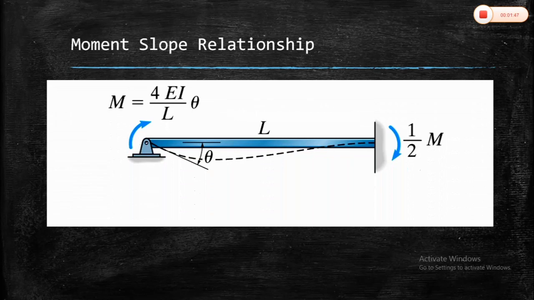And then there are a couple of prerequisite or standard formulae that we are going to use in our lecture. I am just revising them here. When you have one end hinged and the far end fixed, and you give a rotation of theta at the near end, then the corresponding moment is 4EI upon L into theta, and at the far end the reaction generated is exactly half, that is 2EI upon L into theta. Obviously L is the span of the beam and EI is the flexural rigidity.